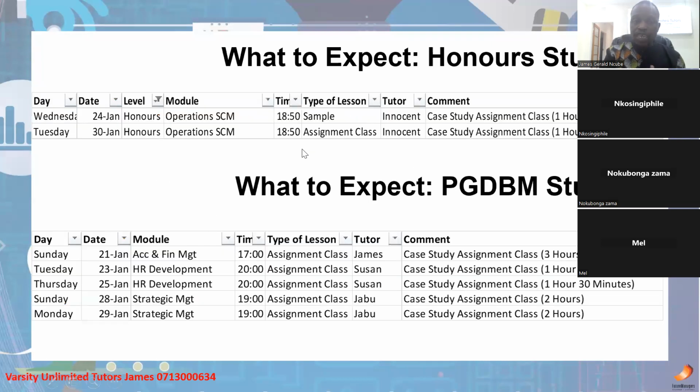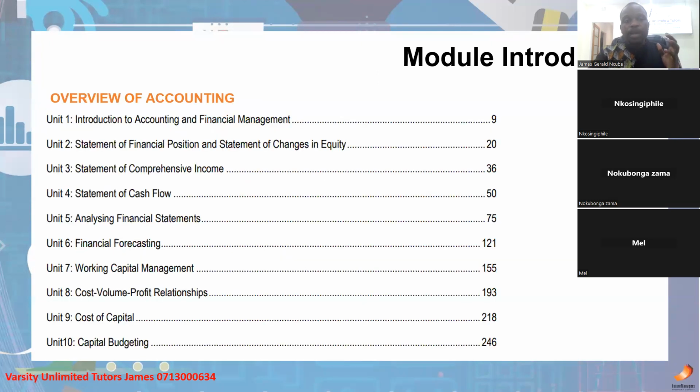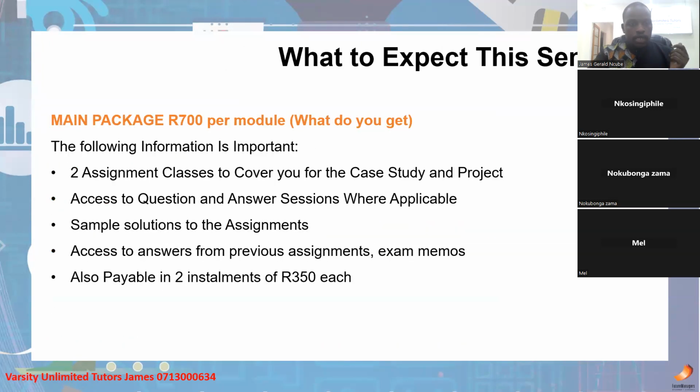But for the rest of the students that are going to be joining our group classes, the package that we have on offer is the same as last semester. It's 700 Rand for each module, which is 350 Rand for each assignment. So what you are essentially paying for if you are joining this package is you are going to get assistance